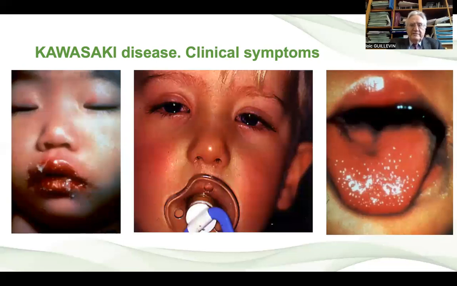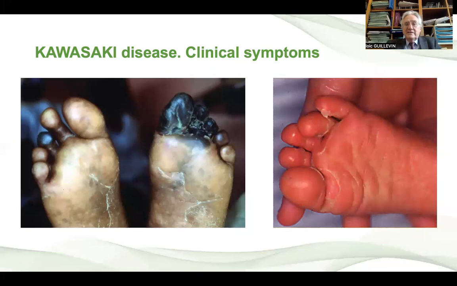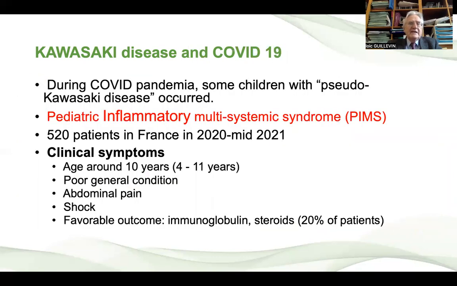It is illustrated here. The strawberry tongue, shown here, the cheilitis, the redness, and the conjunctivitis, which is bilateral, as you can see. In adults, here is one of my patients. He had a necrosis of the fingers, which is not so usual, but you can also see the desquamation, which is of course very common in children. And retrospectively, you can make the diagnosis of Kawasaki disease if you did not make the diagnosis very early in the course of the disease.